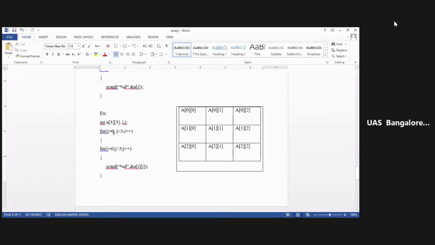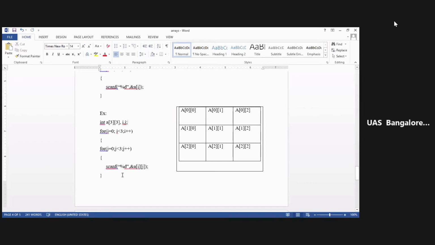Now you just see here, for i = 0, initially i is 0, then i < 3, that is 0 is less than 3, right? So the i value is 0 now. If the condition is true here, it will enter into the second loop. When it enters the second loop, j is 0, and it will take the input of the values.